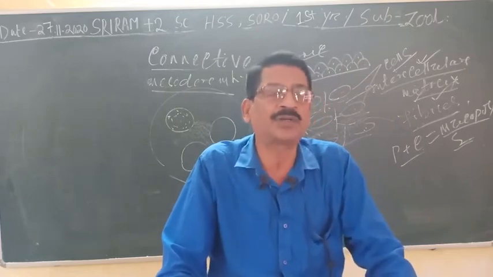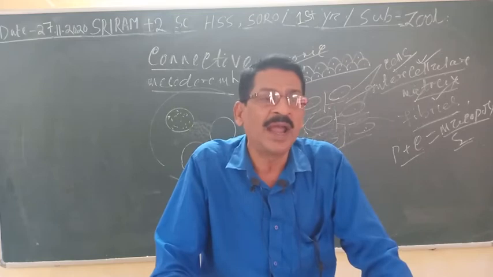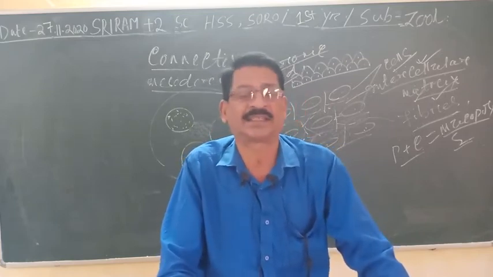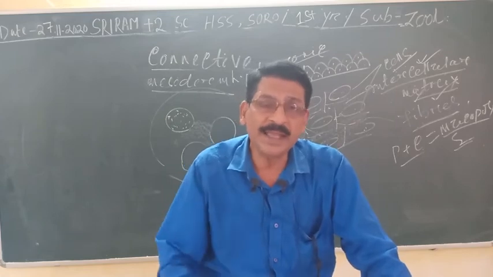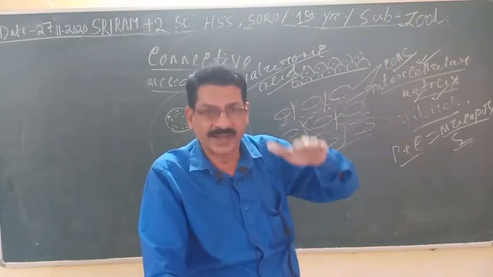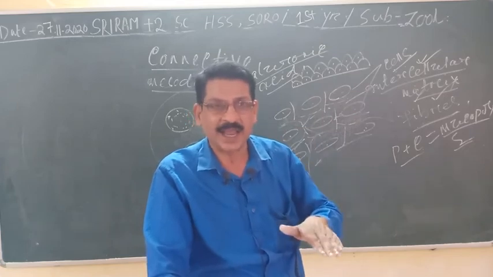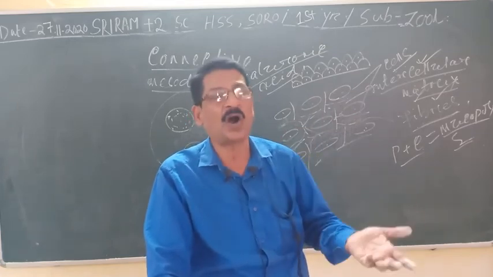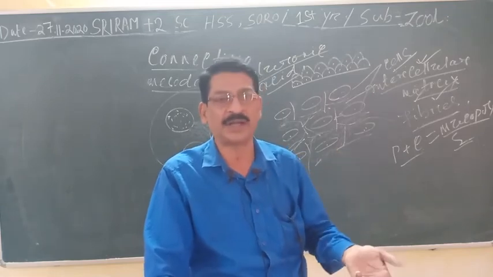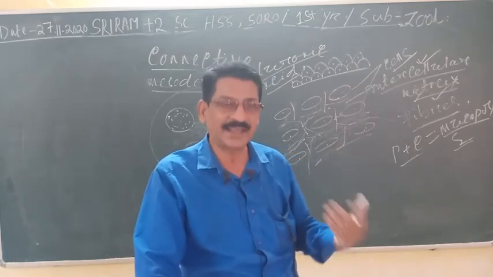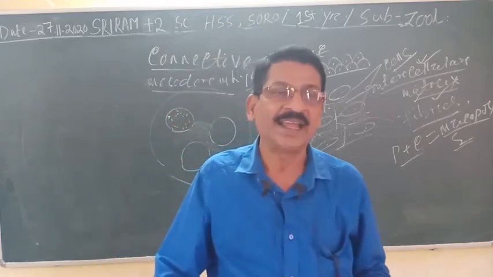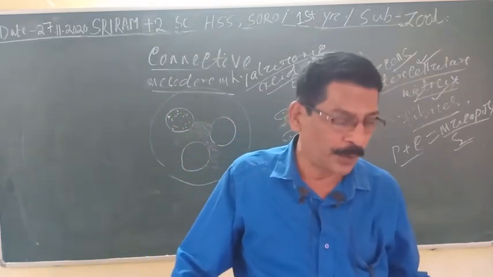In the child, during childhood, the matrix amount or intercellular substance is more and the fibers are less, along with the cells. Clear? With the increase of age, gradually the amount of matrix decreases, whereas the number and thickness of the fibers increase, as a result of which the body loses its flexibility.